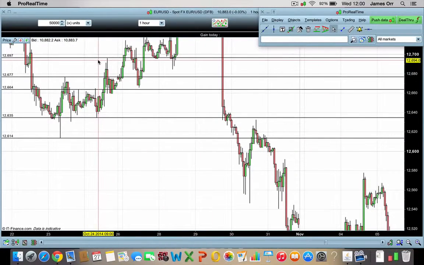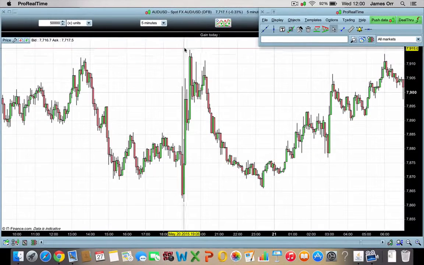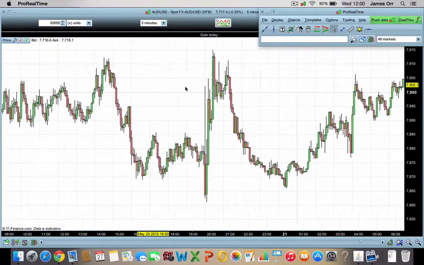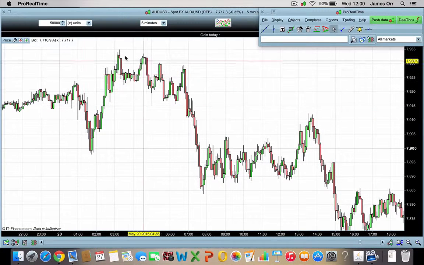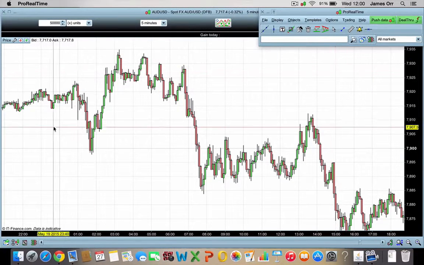Okay, so that's the 1 hour chart. I'm going to drop down onto the 5-minute chart on a different pair. I'm going to show you that it works exactly the same on the 5-minute, and I'll also show you a quick trick for drawing support and resistance. This is what I used to do when I first started. So, okay. This is the 5-minute Australian dollar, US dollar, and all you need to do is